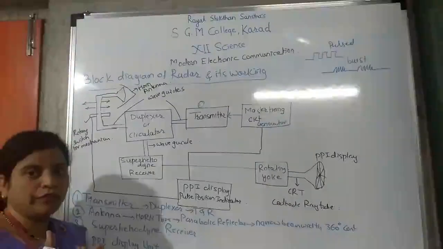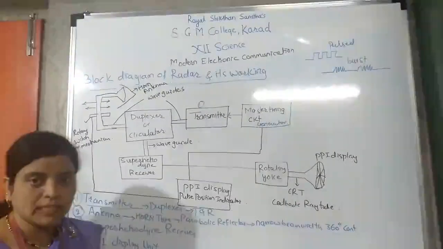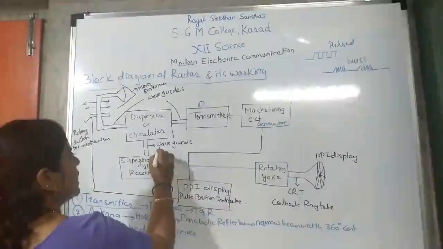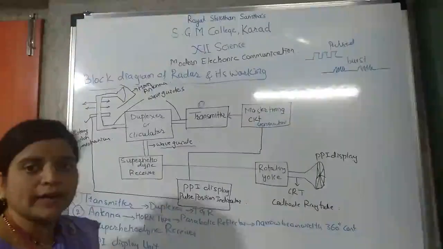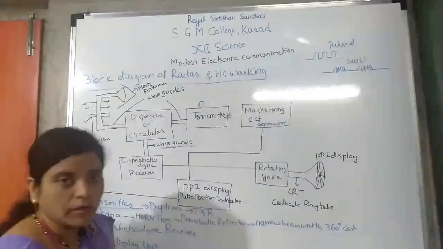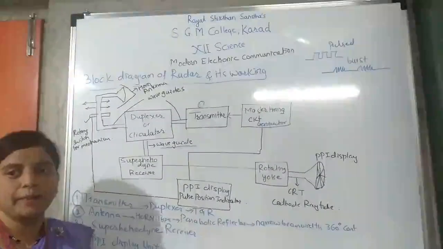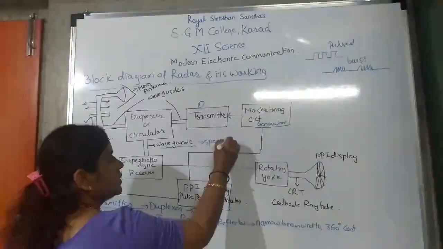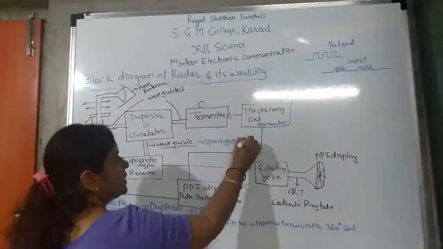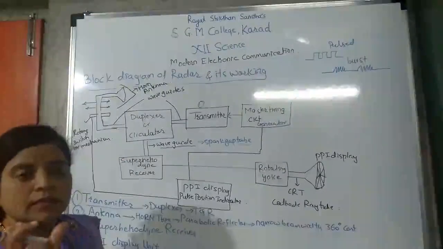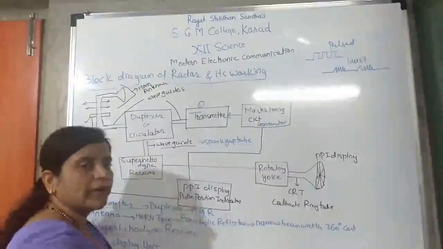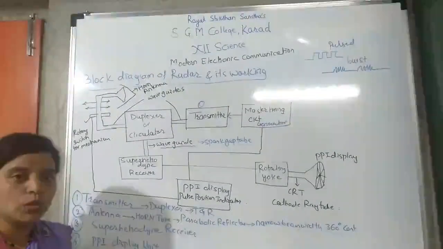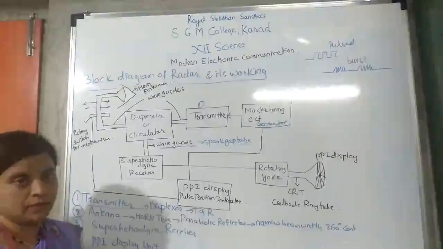So what is the main function of the transmitter? The transmitter transmits the signal, and it allows the transmitter and receiver, which have waveguides. Now what does this waveguide show? Waveguide means it is having a spark gap tube, a tube which is having a spark gap. So the waveguide is nothing but a spark gap tube, which refers to both transmitter and receiver.